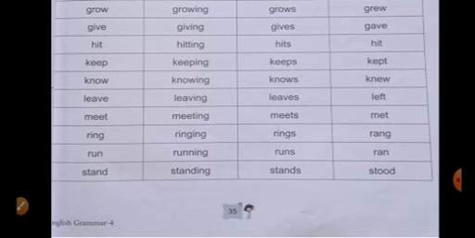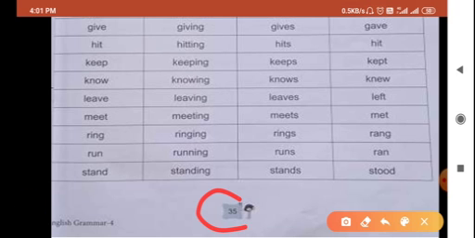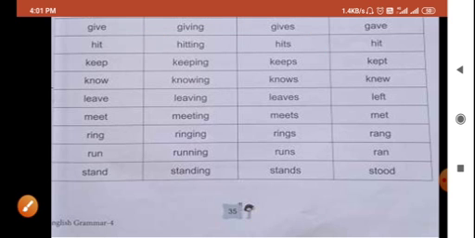See, some other forms of verb are also given. All these kinds of verbs are given in your textbook. You can see it on page number 35 of your book. Here, some forms. Give becomes giving in the ing form, and gives in the s or es form, and when it comes to past tense form, it becomes gave. Students, I hope you have all understood, and if you are facing any confusion or doubt, let me know in the comment section. I will resolve your doubt.